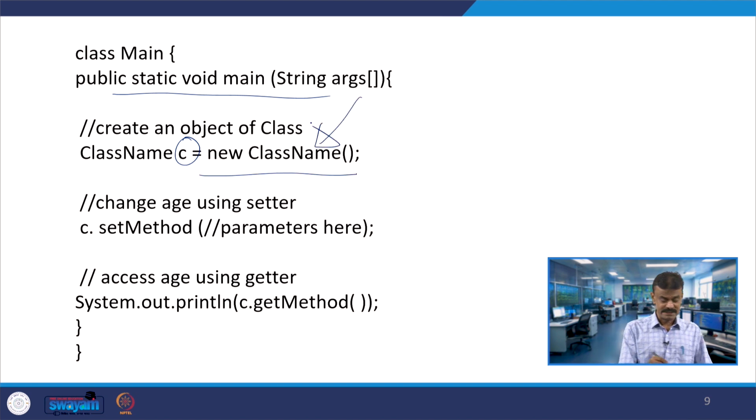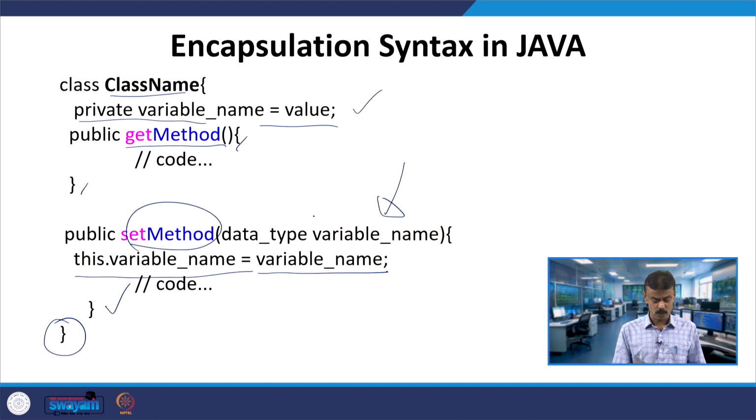Now this object C is invoking the set method, and you are passing the parameters. Whatever parameters you pass go to the set method, into the variable name, and then you use the this pointer, so this dot variable name is whatever you are passing.